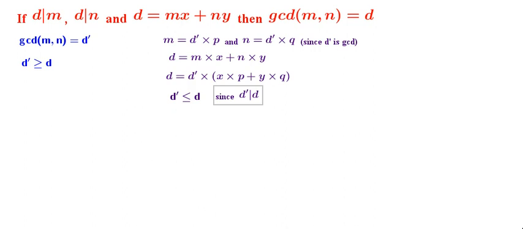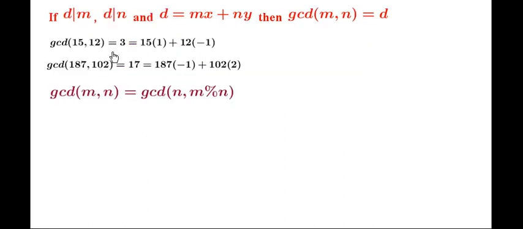So now the next thing is, how can we use this particular result in order to generate a verification for GCD. So let me take a few examples for better understanding. If I consider 15 and 12, then we can say that 3 divides 15, 3 divides 12, and since 3 can be represented as linear combination of 15 and 12, 3 is GCD of 15 and 12. And here, as you can see, the value of x is 1, value of y is minus 1.